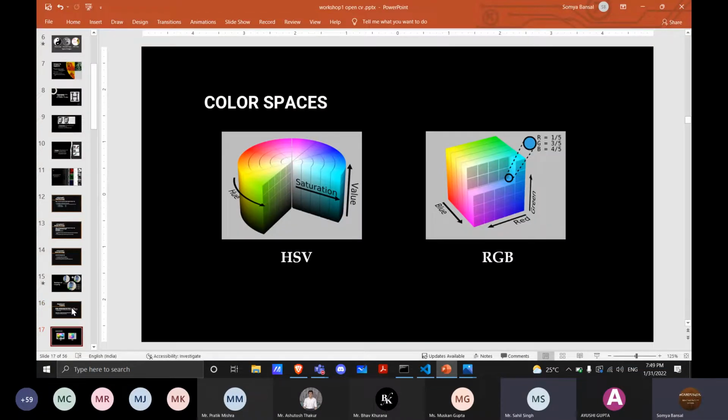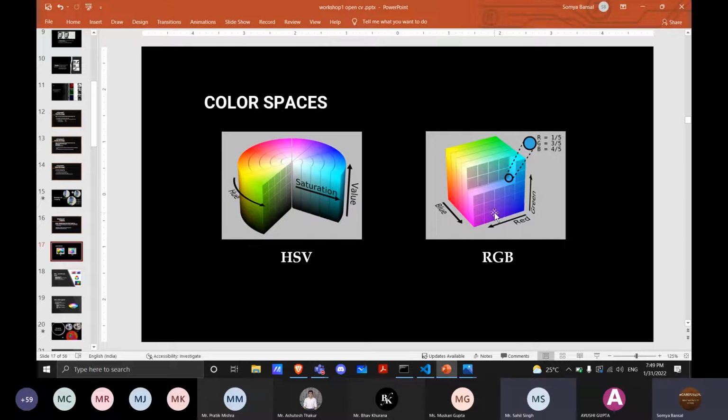Okay, next is color space. So RGB color space is basically there are three channels in my image: red, green and blue. Each has some intensity. Like you all must have heard that you can generate any color out of some red, some green and some blue color. So you just take any pixel in your image and there is some red portion, some green portion and some blue portion. This is how your computers can easily read an image, but it's quite difficult for humans to